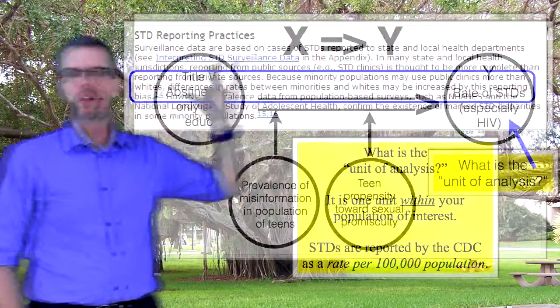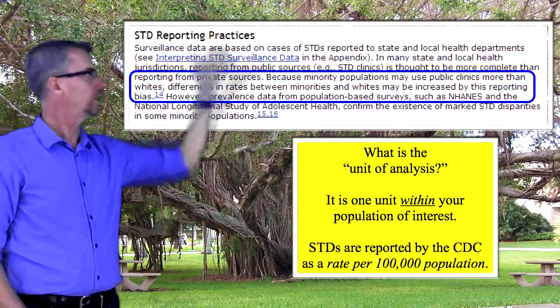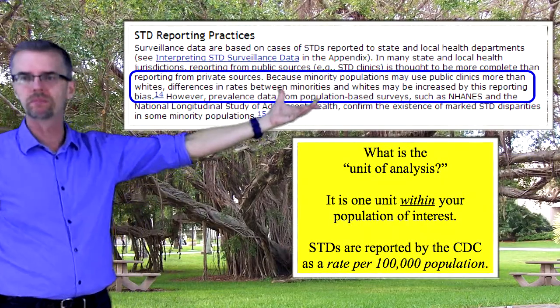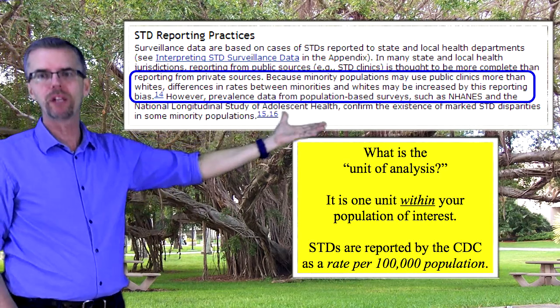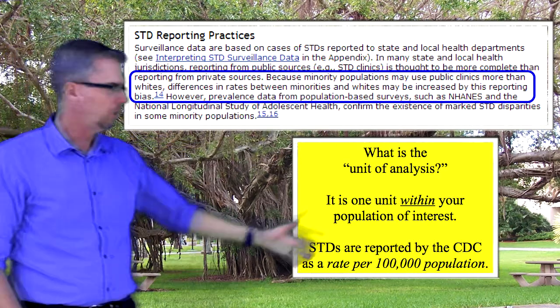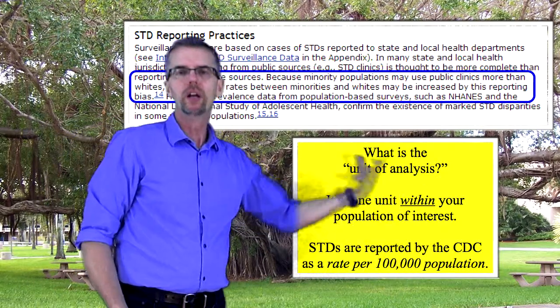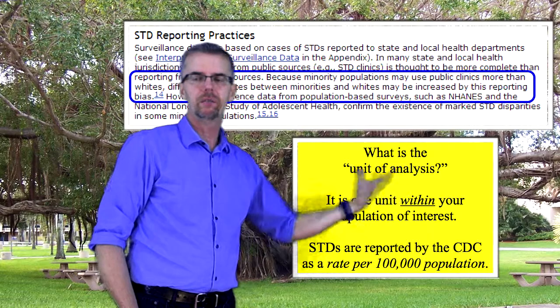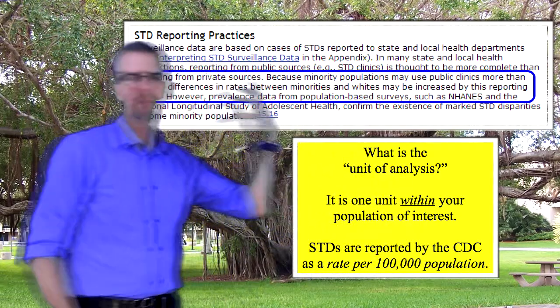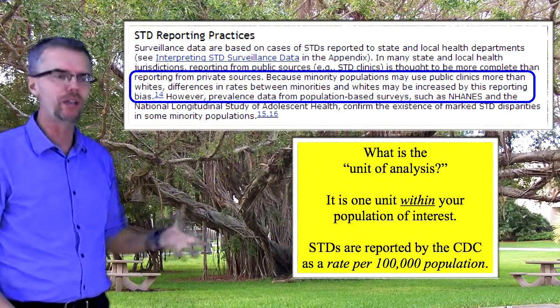So, sexually transmitted diseases, this is from the Center for Disease Control webpage. Sexually transmitted diseases are reported as rates per 100,000. Okay, so the Center for Disease Control, looking at the entire U.S. population, looks at rate per 100,000. So we're not going to be able to go on that kind of a rate, but we still need to have